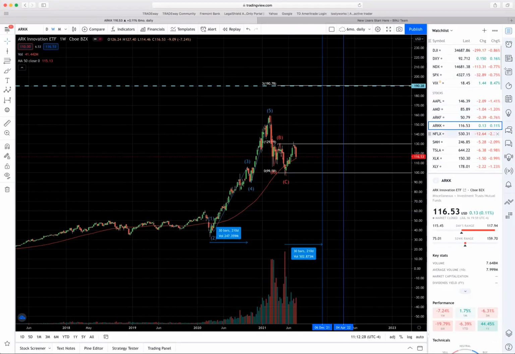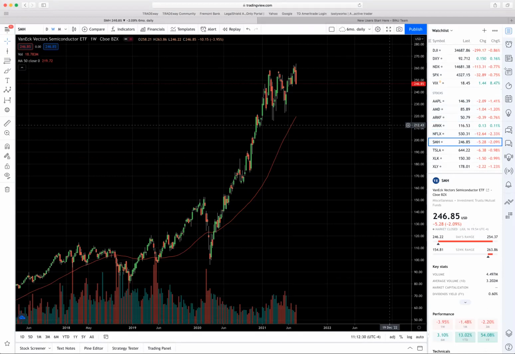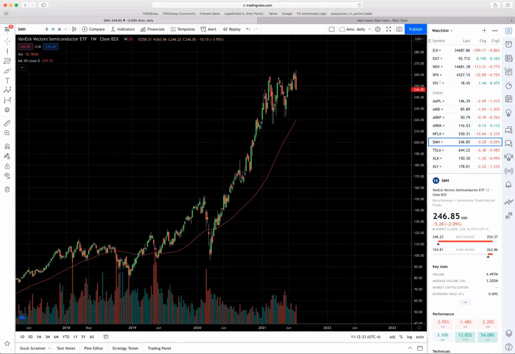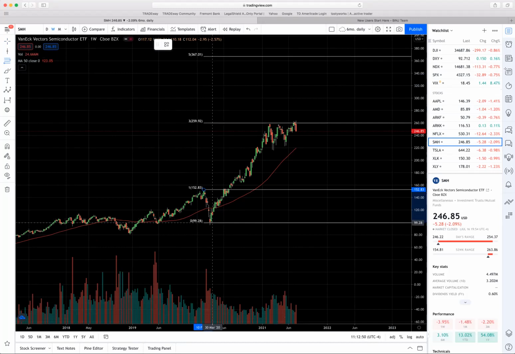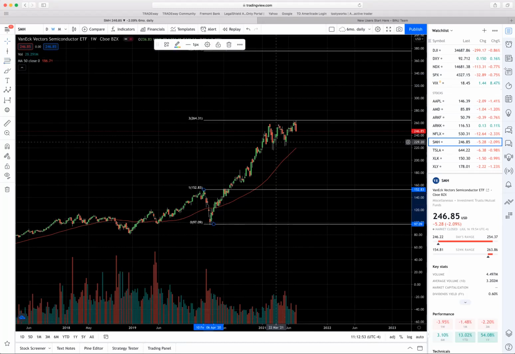All right, let's go to SMH. SMH, I had a price target of 340. And I so wish I kept the pictures on here. I really did. So if we go back and take a look at this cycle here, I'm not going to draw out the waves here, but let's put the grand cycle on right here. Look at that pullback. And we start a wave, right? Wave 3 comes into play big time.